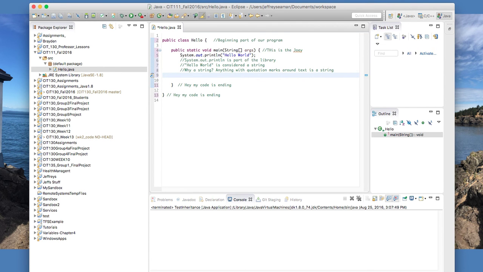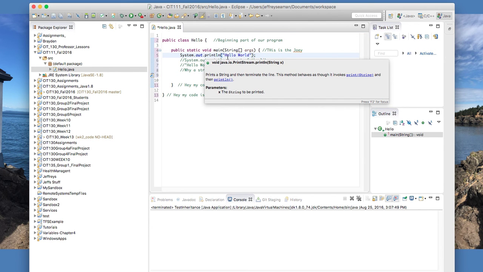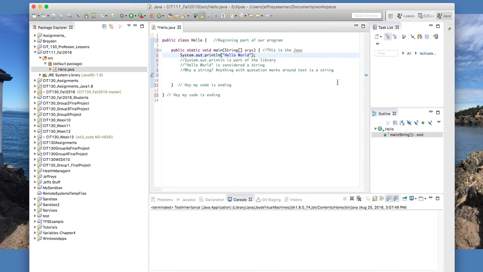Now we did the system out print line, and then we did our message. We had to do the brackets here in order to enclose our information. In addition to that, we had to put a semicolon. If we didn't put a semicolon, it doesn't like that. It highlights it and says, insert to complete. So we need to put this here for it to work. So now if I click run, this guy up here,